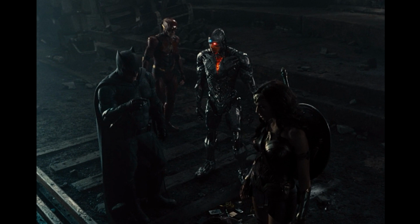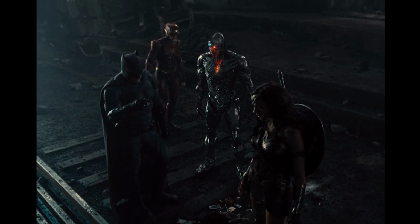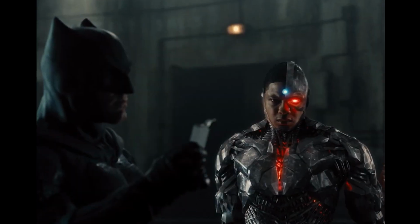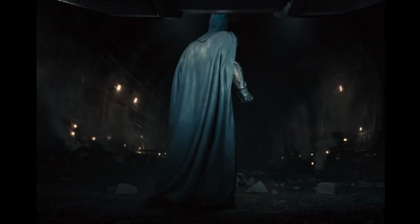Alfred runs the show from the Batcave while our heroes make their way into Steppenwolf's villainous hideout. Diana makes a note that they should not engage alone, that they're going to do this together as a team. Once again, she is seen as a unifier. She understands that there is a strength in agreement and unity and them being a team and not lone wolves